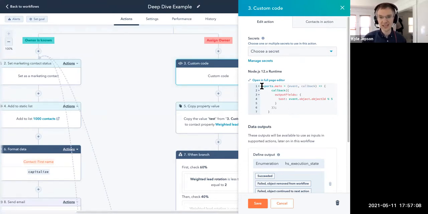Kind of the heart of any custom code workflow action is going to be this exports.main function. And what these parentheses mean is we're going to pull in a thing called event, and we're going to output a thing called callback. And so event is always whatever record is being fed through the workflow. Since this is a contact record, that contact record is the event. We're going to pull it in, and then we're going to do the callback function. And the callback function here is simply, we're going to take the event, which is the contact record coming through. And this .object.object ID means we're just going to take that contact's object ID, whatever that number is,